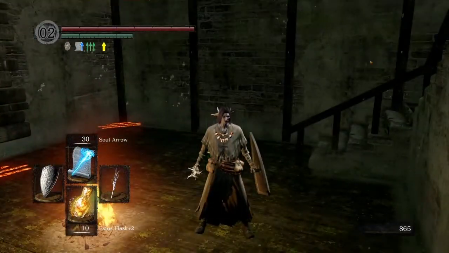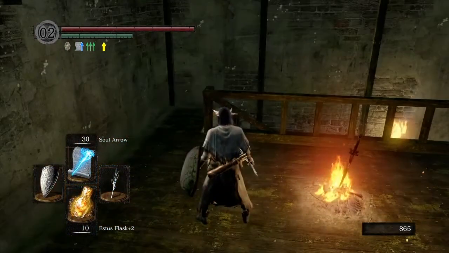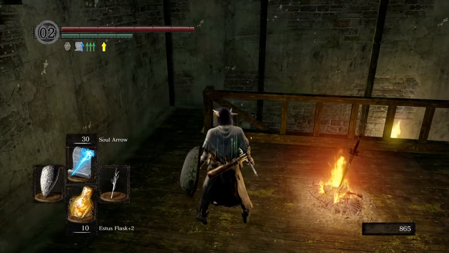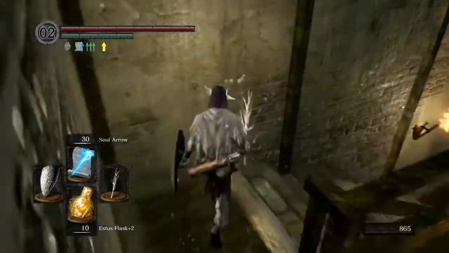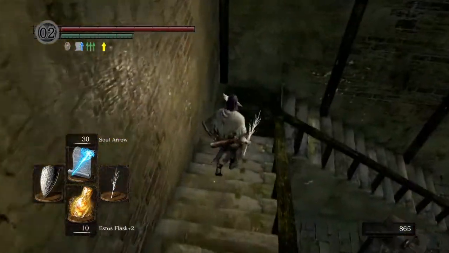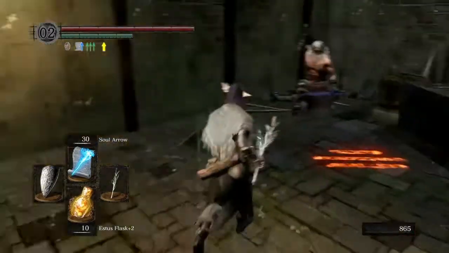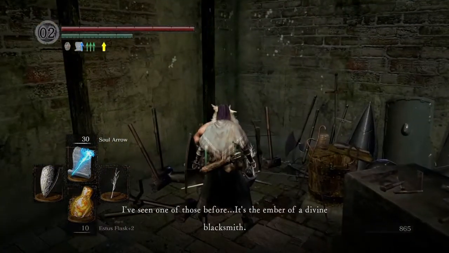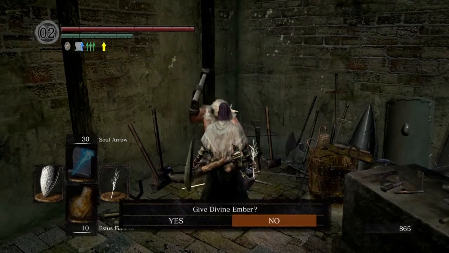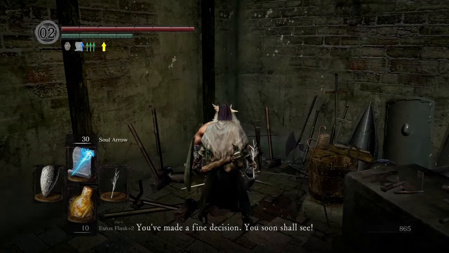So, you guys remember in episode 7, we poked our head into the depths just to get the large ember, and then in episode 9, the last episode, we got that cheeky little lizard that had the 2 pieces of large Titanite. Well, it's now time to use that. I'll give him the Divine Ember as well, I haven't done that, but...